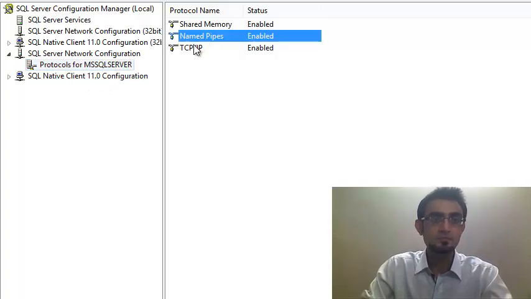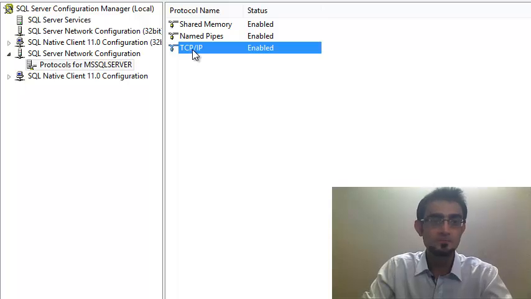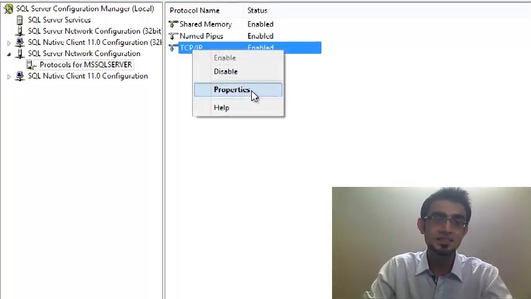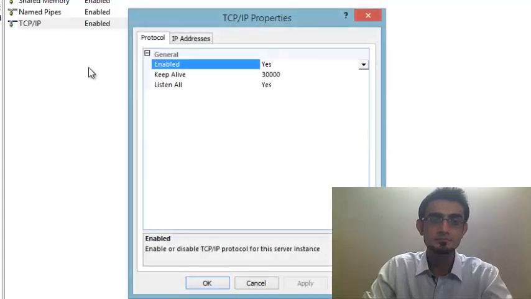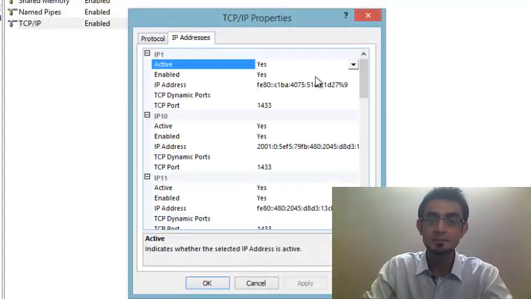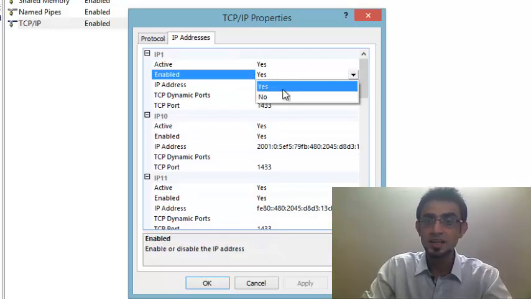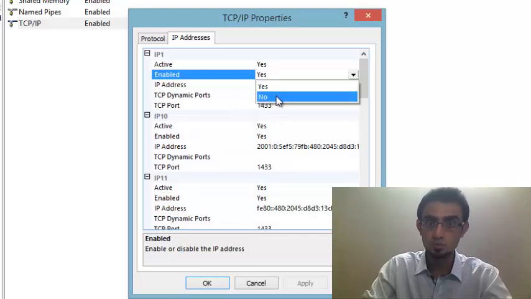Here you will find Protocol for TCP IP. You have to right click on this and go to Properties. Under the tab of IP address, you have to enable yes all these properties. There you go. I have already enabled this, but when you will fresh install your SQL Server, this property will be set to no by default.